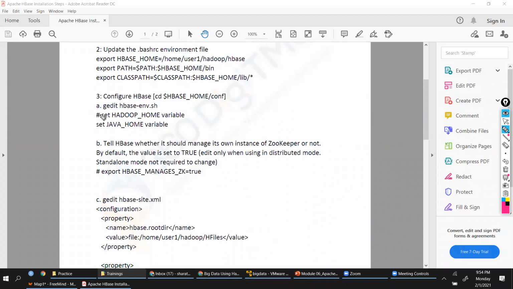Okay, it does not mean hash. Basically, I'm saying that it has to be defined. If it is already defined, fine. If not, you might want to define it. Even if you don't define it, no problem. If it is commented, you can ignore Hadoop home, because HBase is going to use the standard name Hadoop_home, which is already defined in our bash RC file, if you remember.